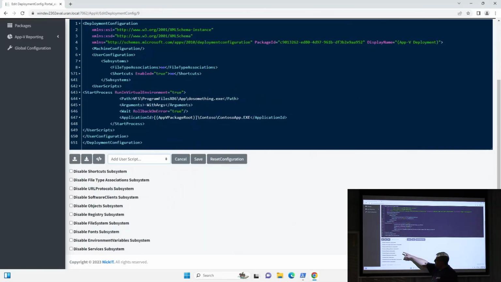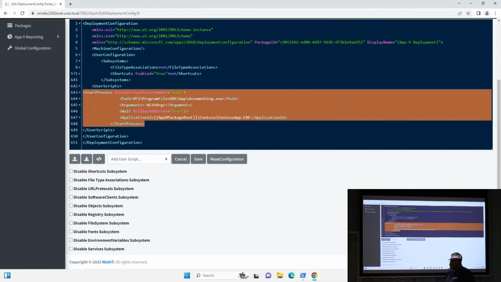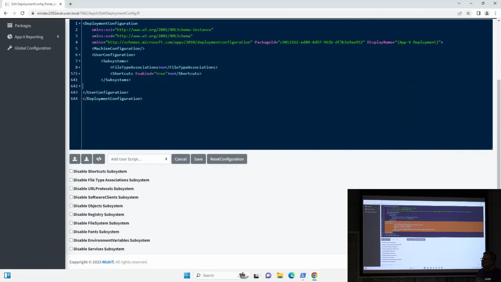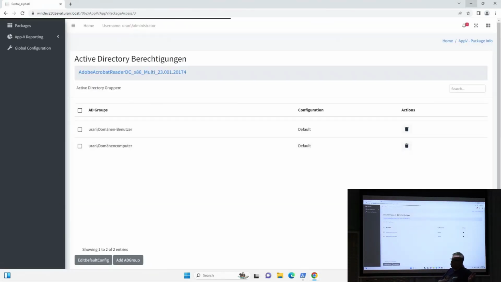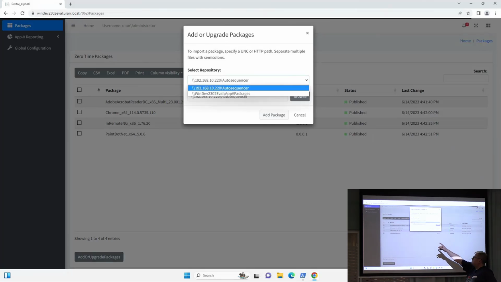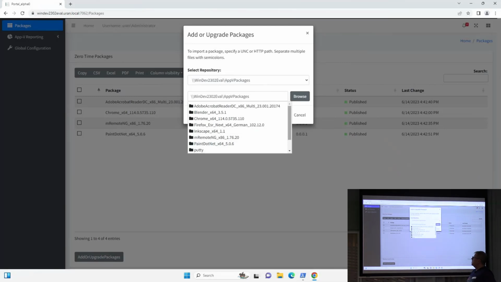And also, I've seen in many Microsoft packages, for Office, for example, that they disable the registry or disable the file system. There are many packages that don't need a file system because they have no VFS, and disabling this improves the App-V package speed. And there was a bug with Microsoft Edge and the fonts, so we can check the checkbox, and the fonts are disabled for the package directly from here. And we also have some reporting functions directly integrated here, export to Excel, export to PDF if you like.